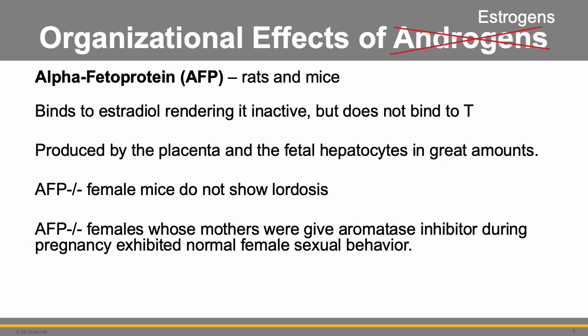AFP mutant mice, females whose mothers were given aromatase inhibitor during pregnancy, exhibit normal female sexual behavior. So what does this mean? Well, like we discussed before, when these mutant mice don't have the protective effects of AFP, the maternal estradiol enters the nervous system and can change the trajectory of the neural architecture in a male typical way. However,